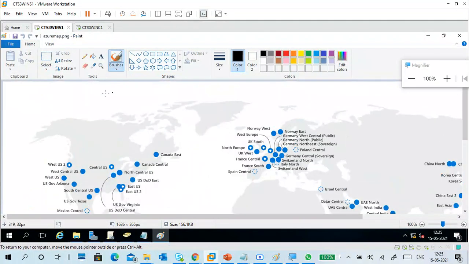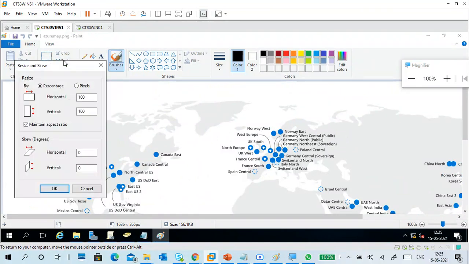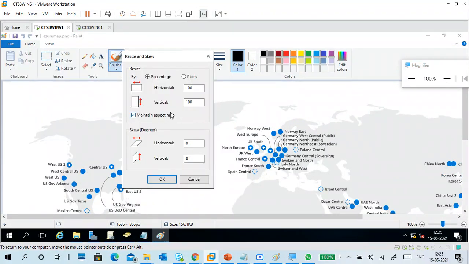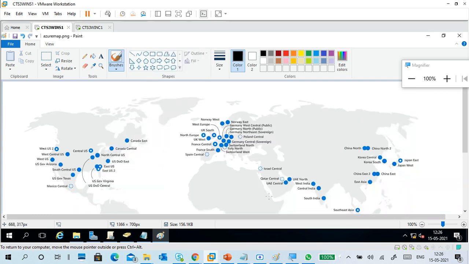Either you can go to resize and change it by percentage or pixel-wise. I'm going to change it with pixel size, 1366 by 768. It is not accepting, so okay, 1366 by 700, no problem.